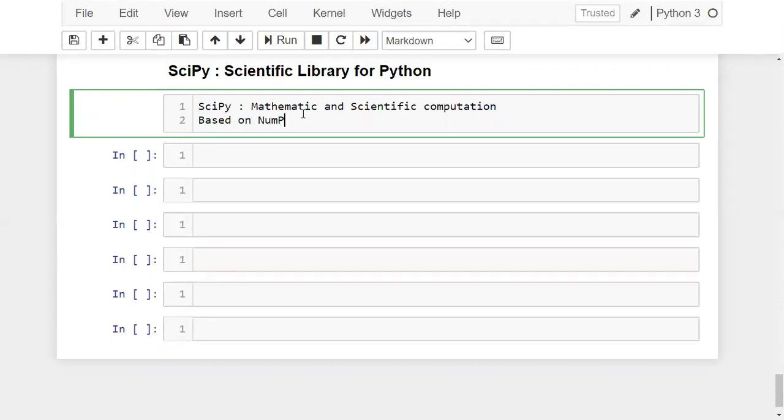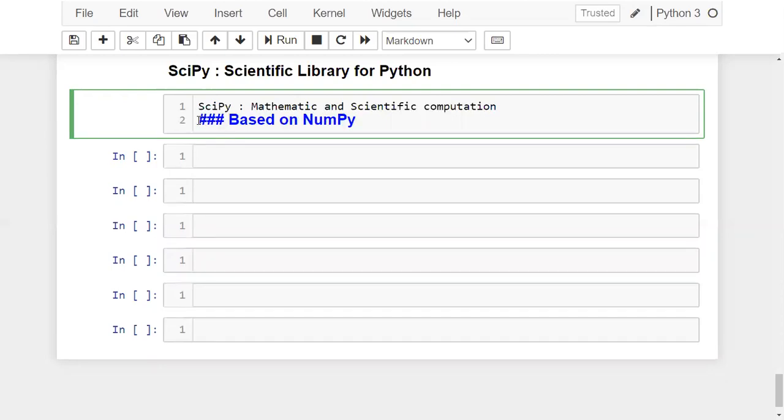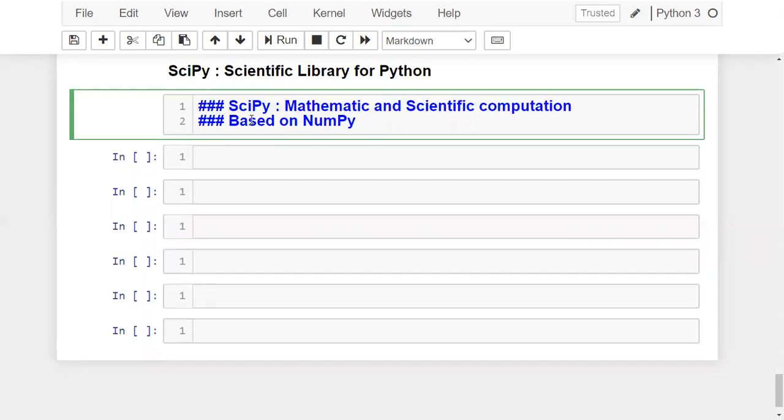We already discussed NumPy, right? What is this NumPy? It performs numeric operations. Num in the sense numeric. Whatever numeric operations you're performing with NumPy, the same operations can be done by using this SciPy package.